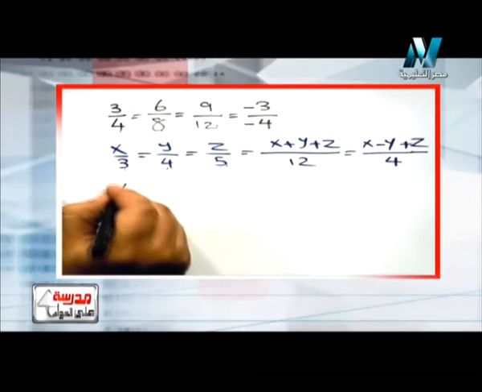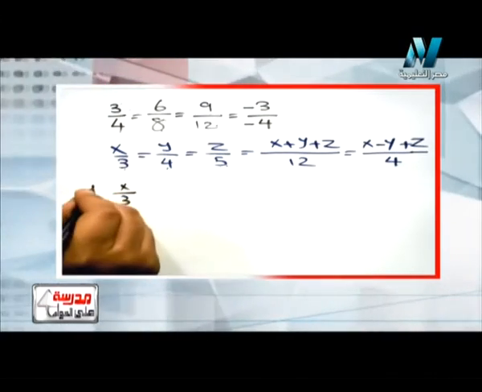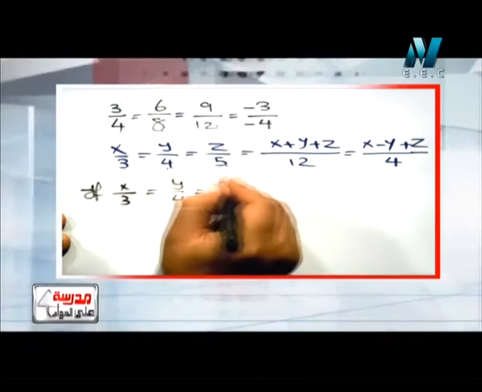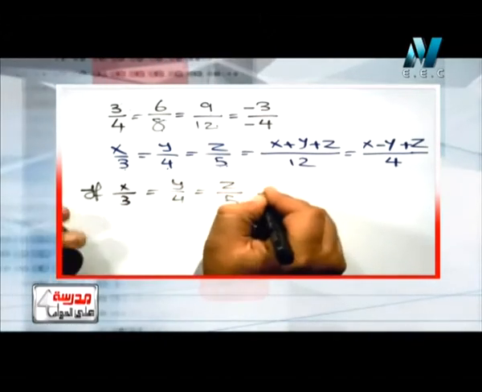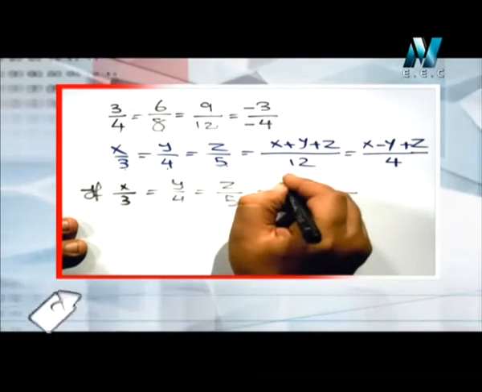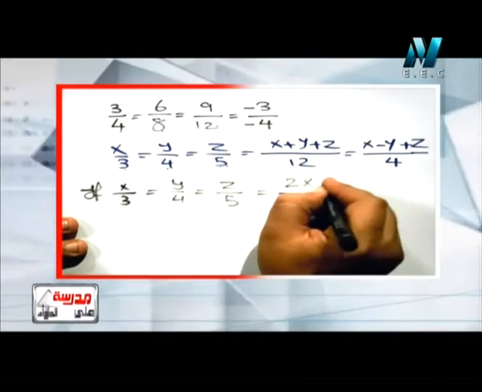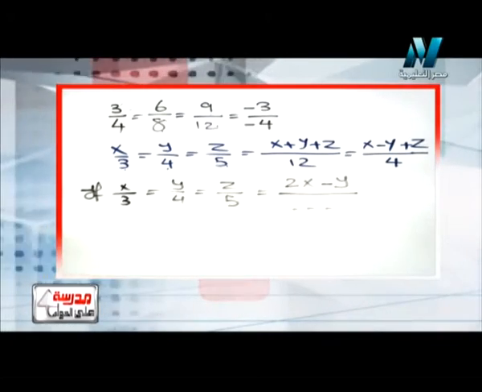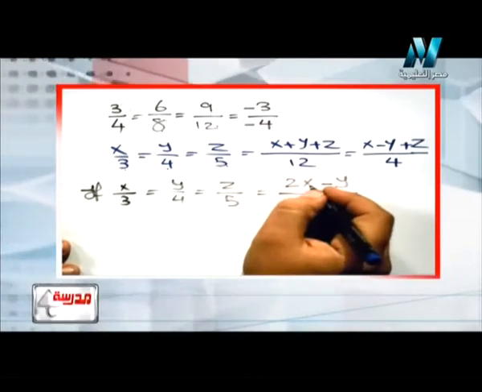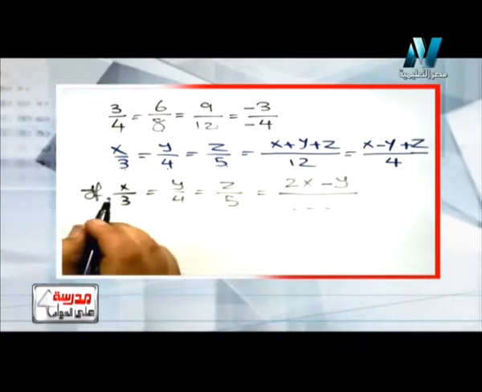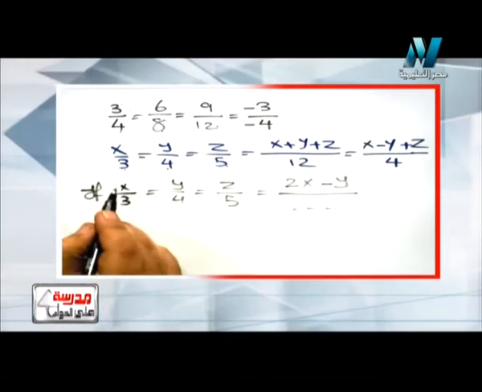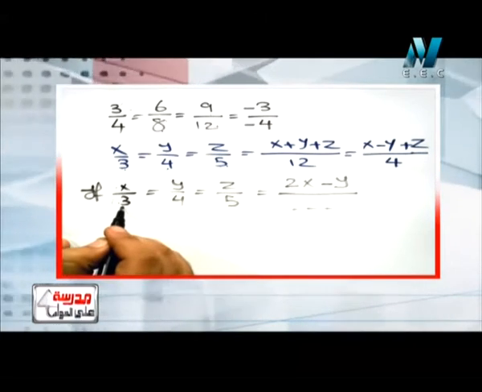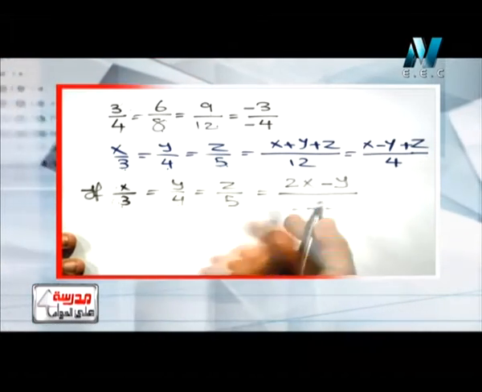Let me write an exercise here before going on. If we have x over 3 equals y over 4 equals z over 5, and this equals, for example, 2x minus y over what in the denominator? As we see here, we have 2x minus y, so I'm going to multiply this ratio up and down by 2, and subtract the result down, -4. So 2 times 3 is 6 minus 4, so the answer is